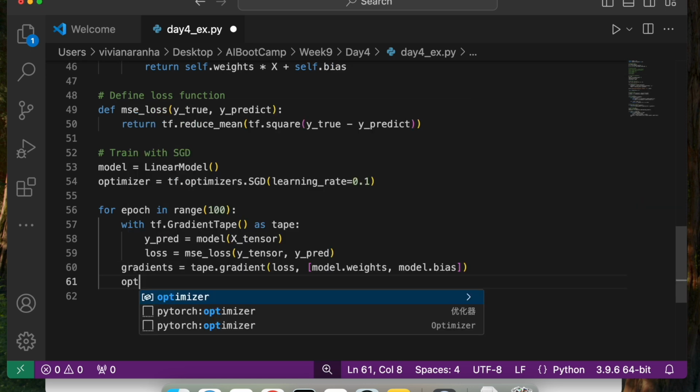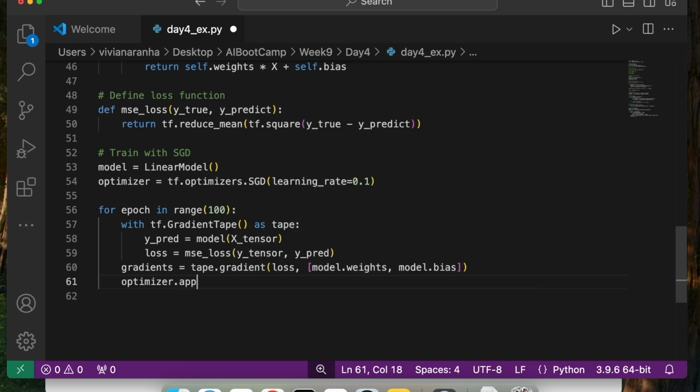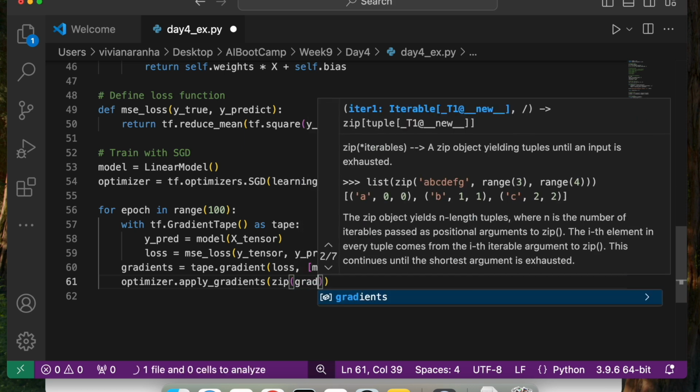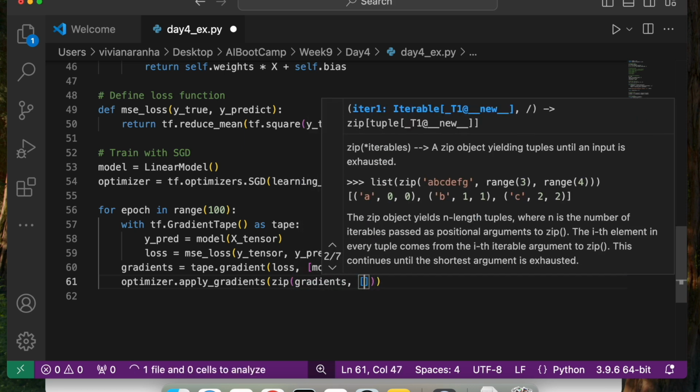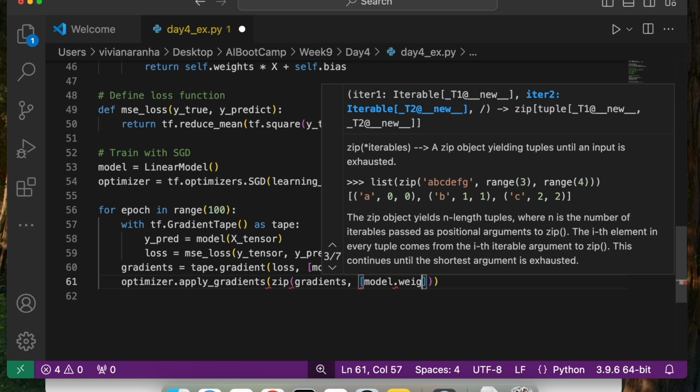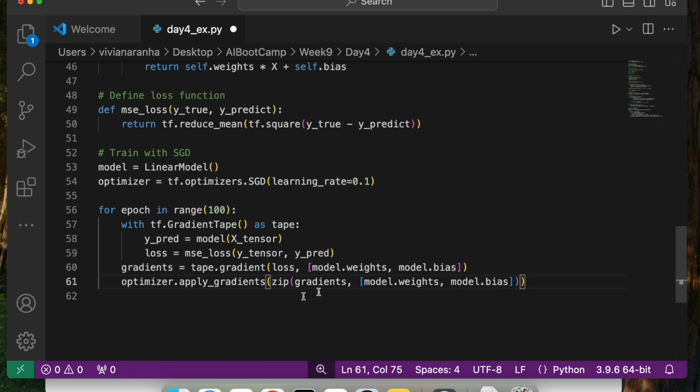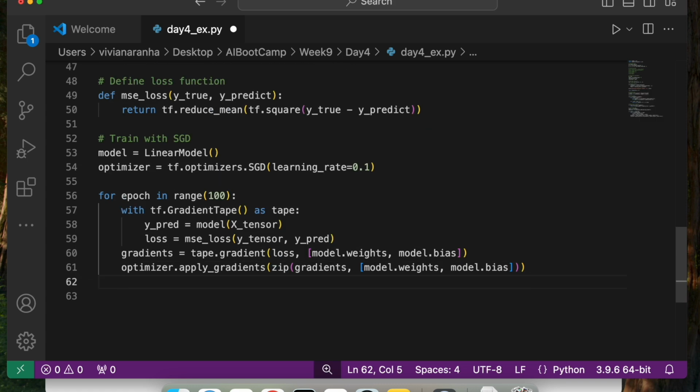Next, I'm going to do optimizer.apply_gradients. The gradients that I'm going to apply, first I'm going to use a zip function to put gradients and model.weights and model.bias. I hope I don't have any issues here. Sometimes I do typos, and that causes issues.